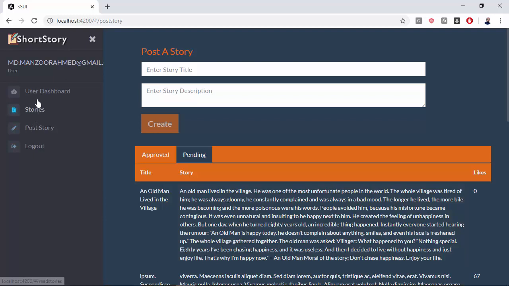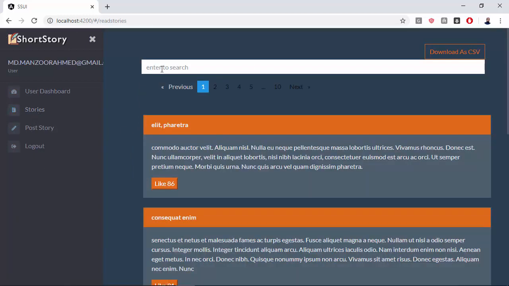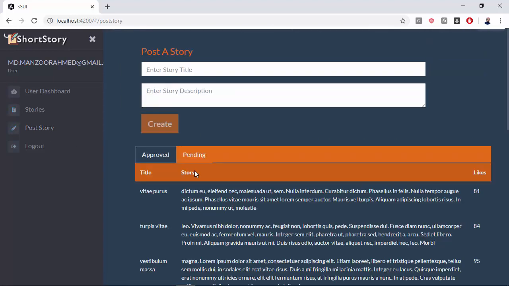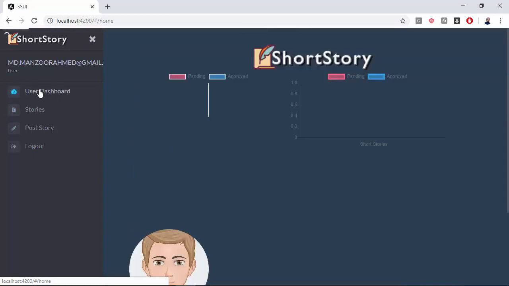Now if I go to stories, the old man story is not available because it has to be approved by admin, then it will be available in the stories. So in this section, the user can see their approved and pending stories, and you can see it in the user dashboard.